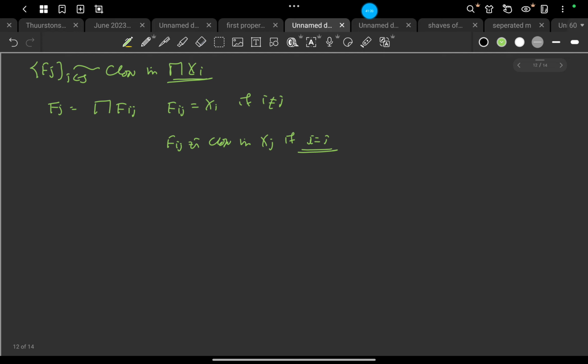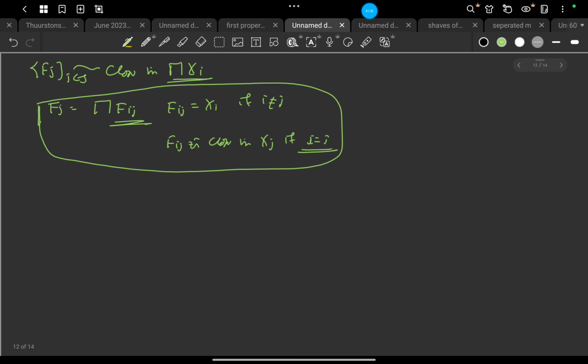So this is how one can find that, by the closed sets that we have defined, each closed set looks like this.